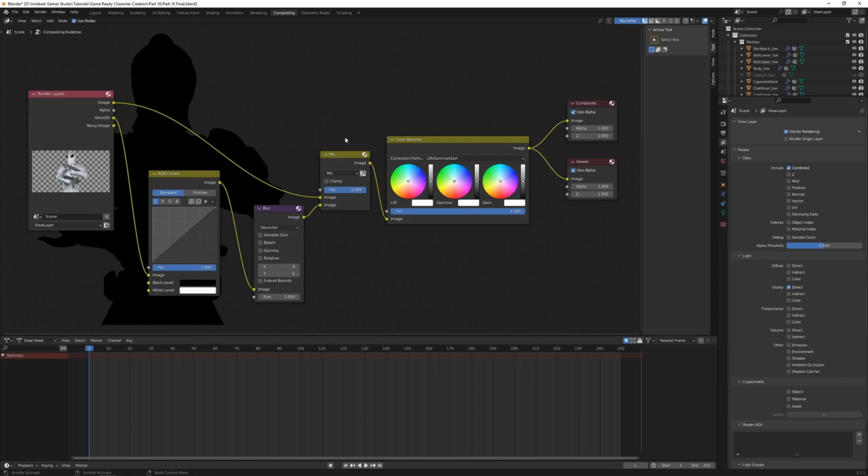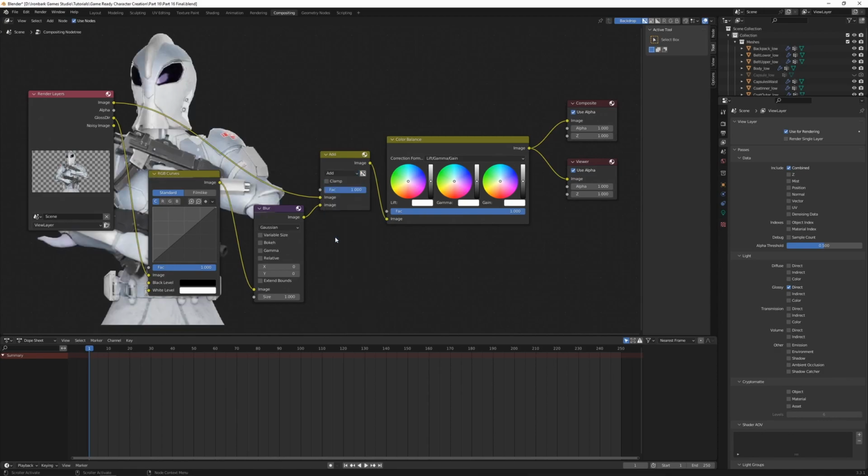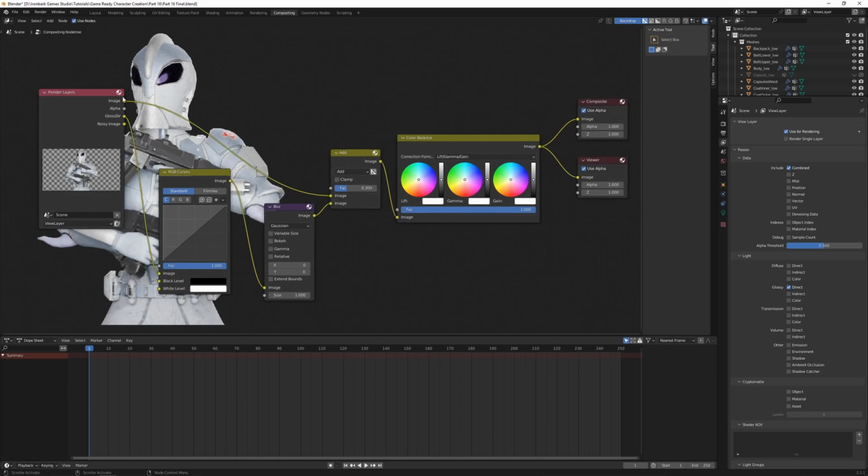Everything's going to go dark because we still need to change the settings of these nodes here. So for the mix node, instead of being a mix, we're going to switch this over to add. So drop down this mix here and then click on add. We're going to drop this factor down to about 0.3. What this is going to do is add the original image to the effects that we're going to apply down here. And the effect that we're going to want is we're going to blur the outside edges,